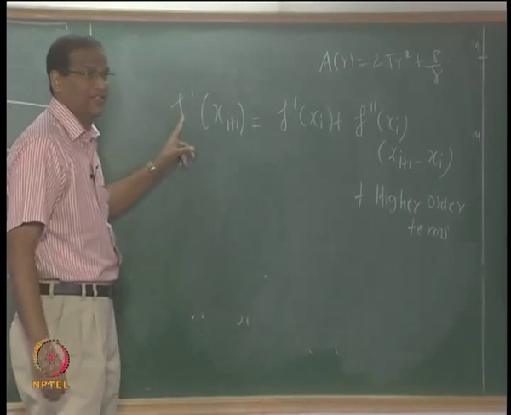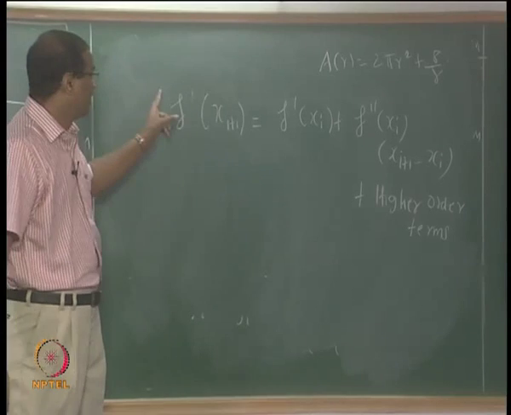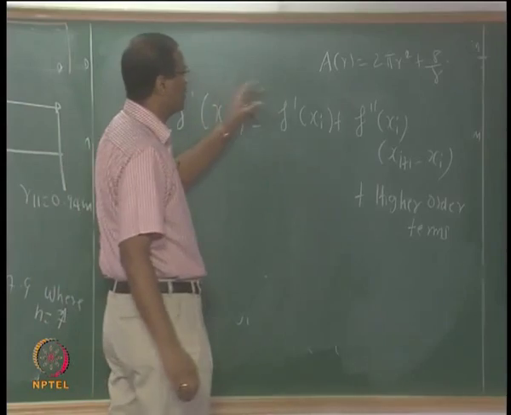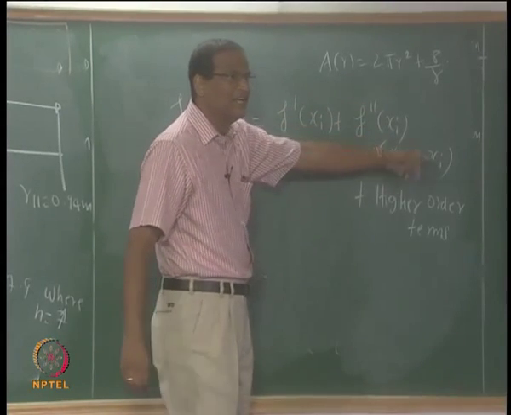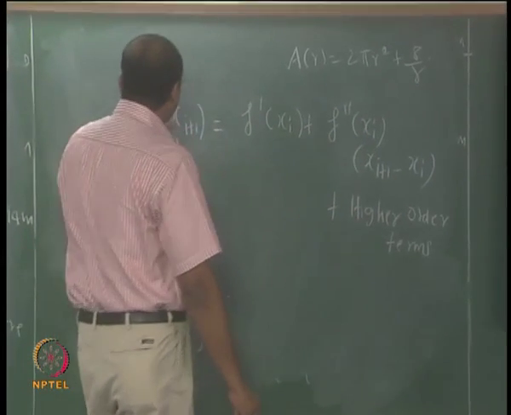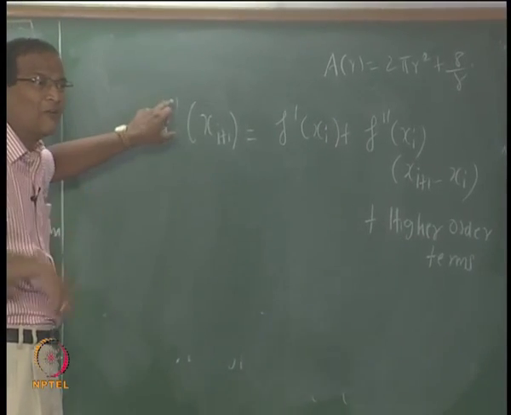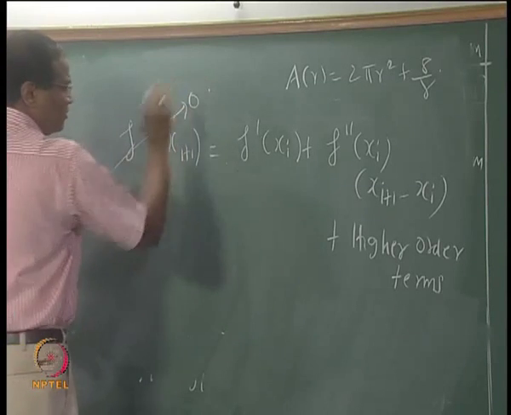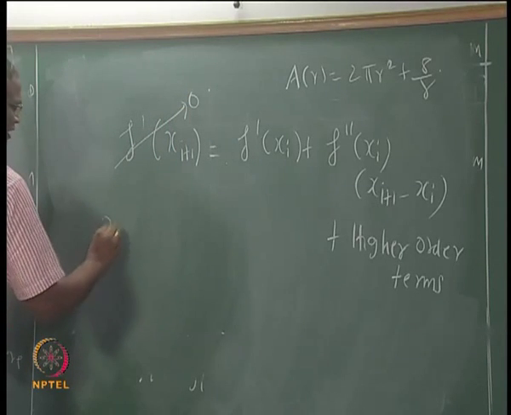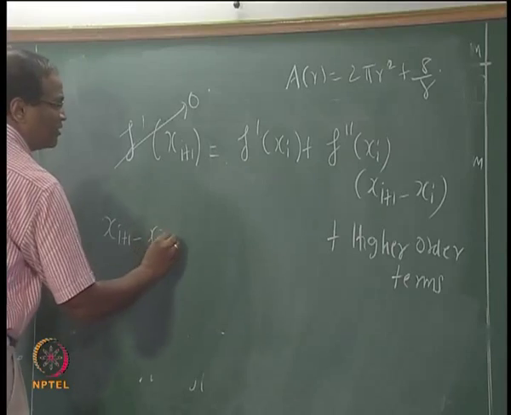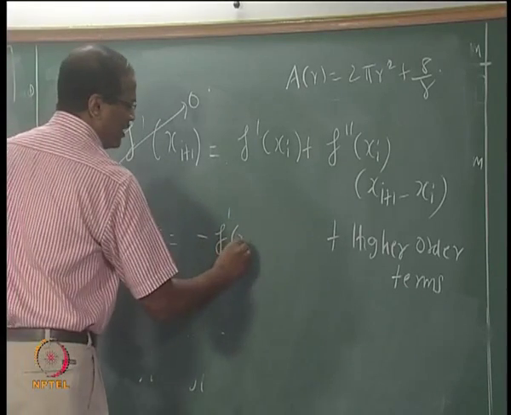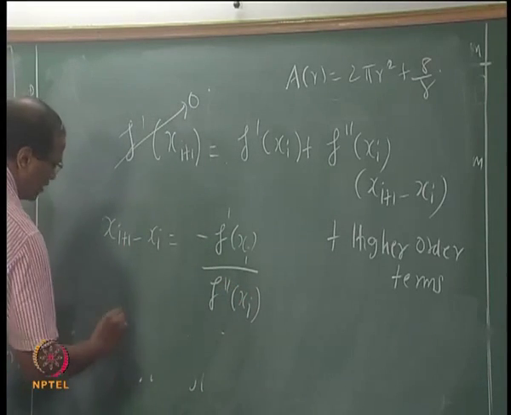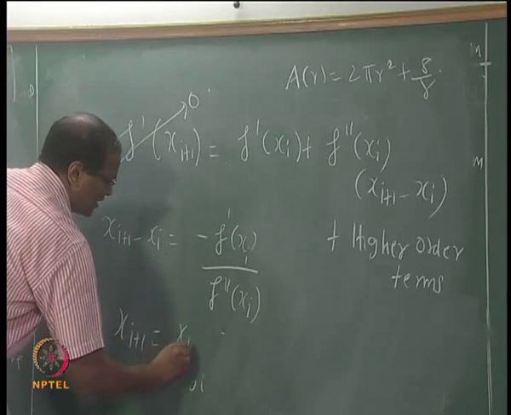I am not expanding f of x, I am expanding f dash of x around x of i. The next iteration, f dash of x of i plus 1 is equal to f dash of x i plus f double dash into delta x plus higher order terms, and now the goal is to make f dash of x 0 because we are looking at an optimization problem, right. Therefore, if f dash of x is made 0, now you can see that x of i plus 1 minus x of i is equal to minus f dash of x i divided by f double dash of x of i. Therefore, x of i plus 1 is x i minus